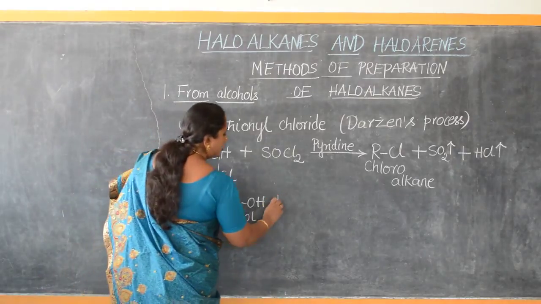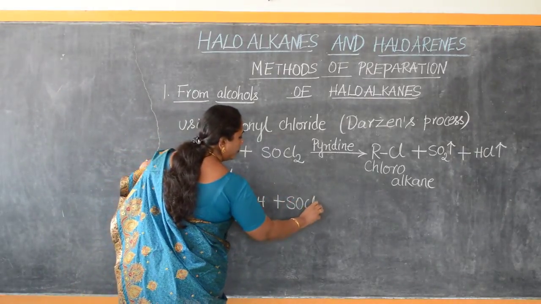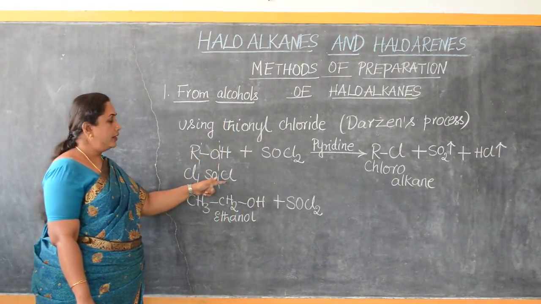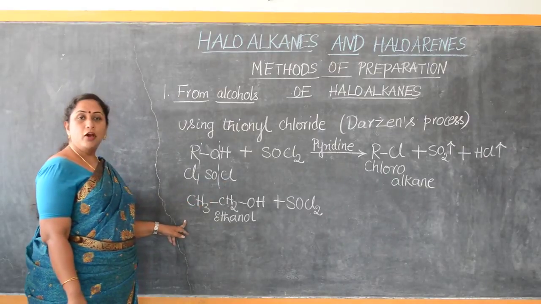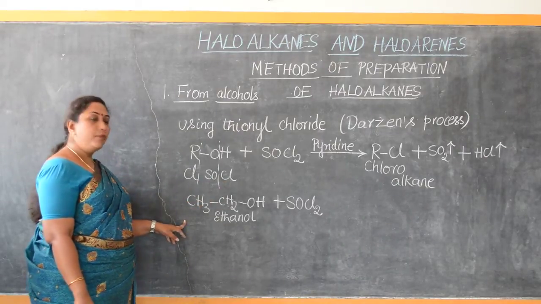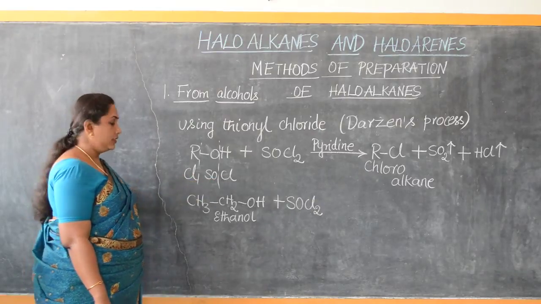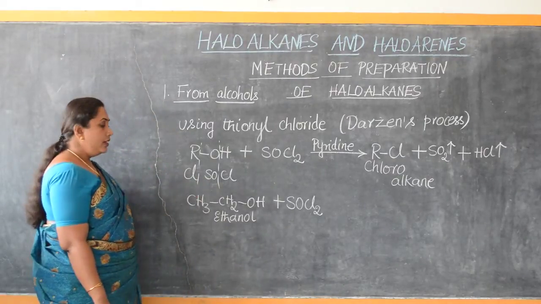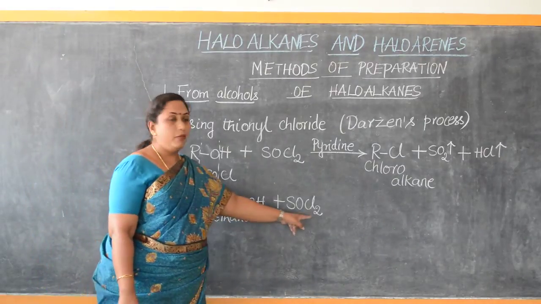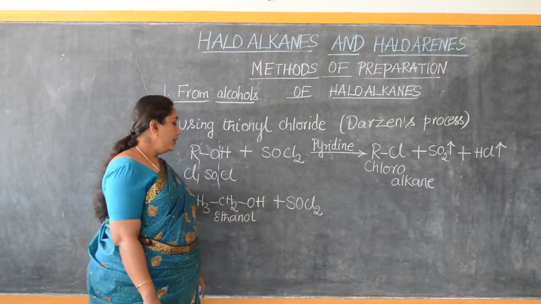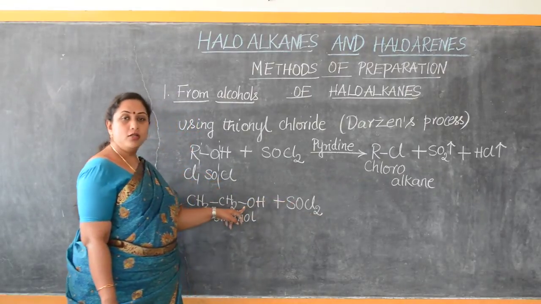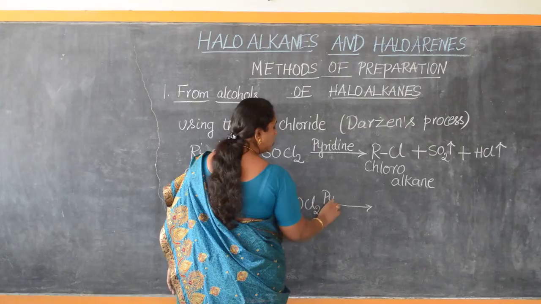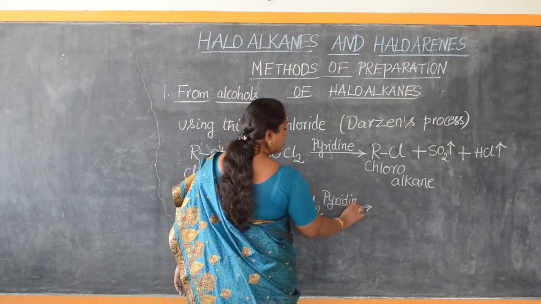This is our alcohol under consideration. This is treated with thionyl chloride. I have split and written here so that you will understand the concept better. Similarly, you can do it for practice purposes. Then once you become perfect, there is no need for you to follow like this. Now what happens? The Cl will combine with the ethyl group. Then the H of the alcohol will also combine with one more chloro, and then the SO will combine with the oxygen of the alcohol. All this reaction is carried out in presence of pyridine catalyst.